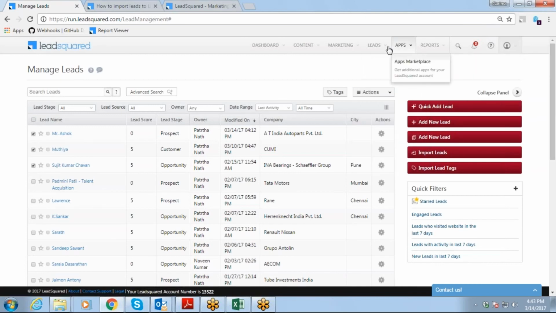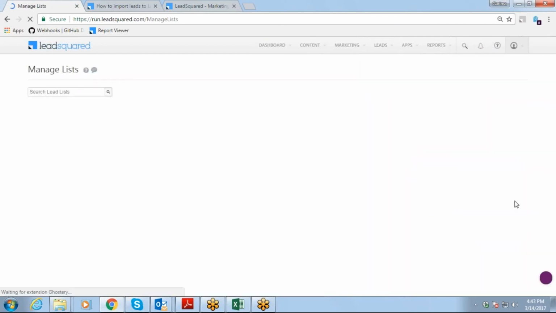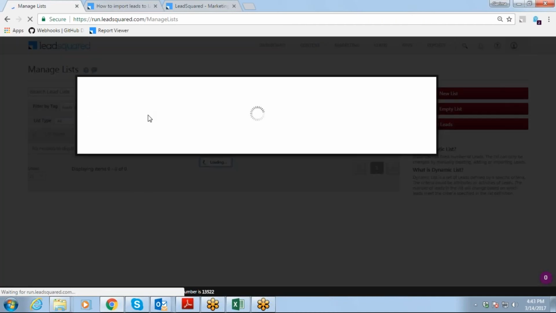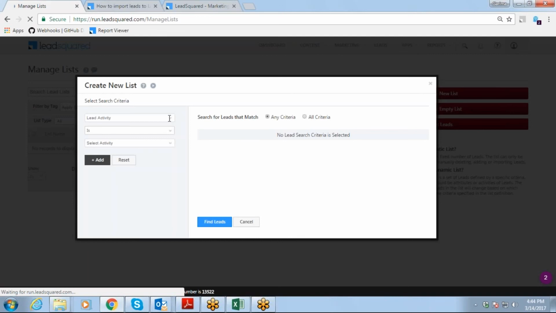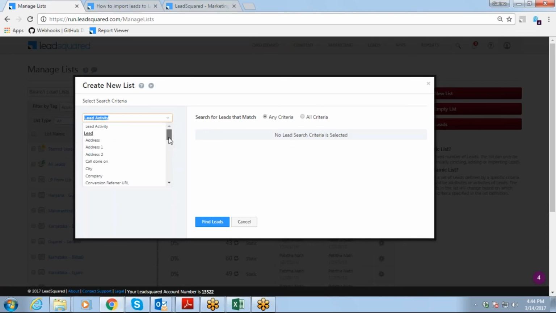See, you can create a list named email, but you need to give it a criteria. For example, go to manage list, go to create new list, and select on what basis you want it, whether email was sent or email created. You can select it from here, right?